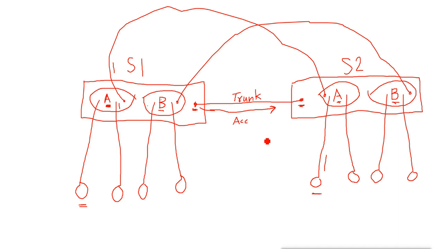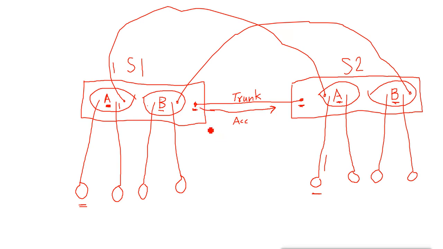And on this switch also, when we convert this port into a trunk, then what happens? When any data comes for this VLAN, it will also reach all the other VLANs of that switch, VLAN A also and VLAN B also. That means the data coming to this port also goes to the available VLANs. If data is going out of this port, it will also go to the other VLANs. That means in the trunk port, it has information about VLANs when data is sent and received on this port.